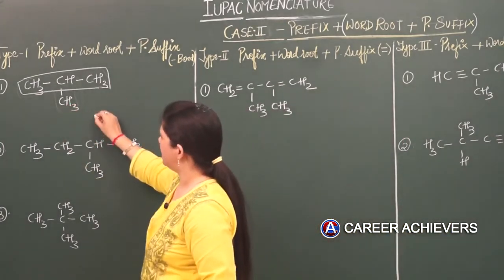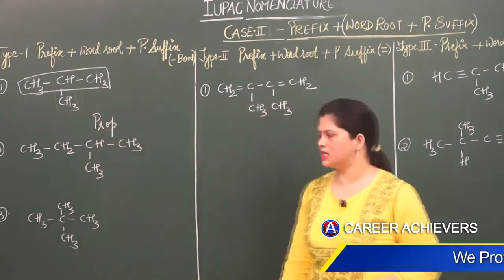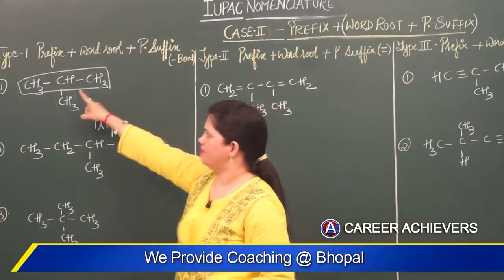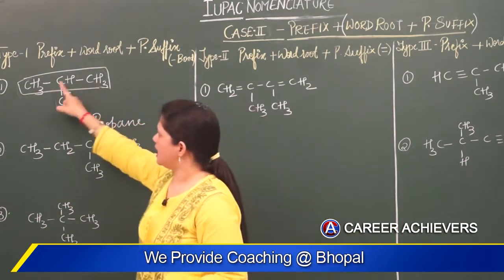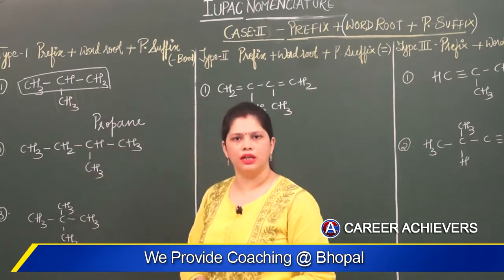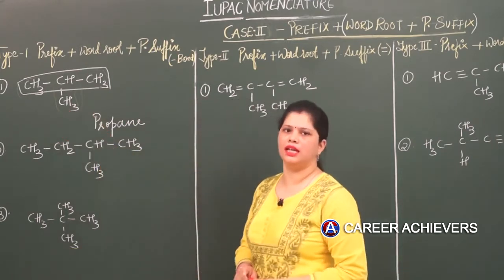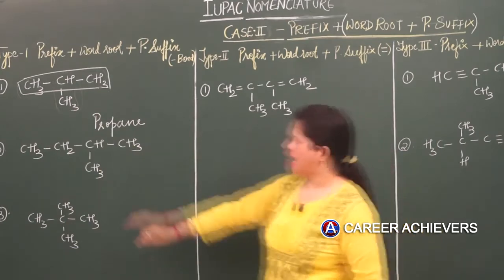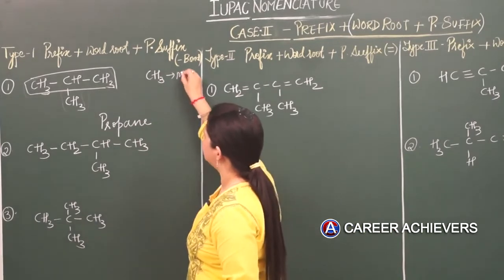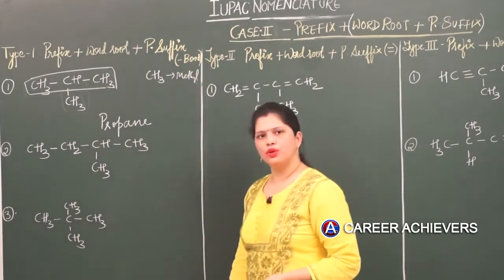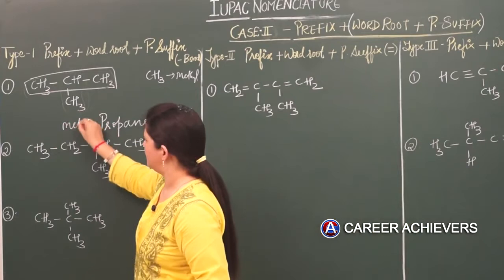So the straight chain contains how many carbons? Prop would be the word root for those 3 carbons, right? And then talking about primary suffix, as everywhere a single bond is there, I am going to directly write ane. But as we have seen, in our straight chain this methyl group did not accommodate, it is not coming in that. So when this kind of group is left outside the chain, it is treated as prefix. And we know very well, we have studied in alkyl groups, that when CH3 is present it is called methyl, right? So this prefix is actually a methyl group, and now we have to tell where this methyl is located.